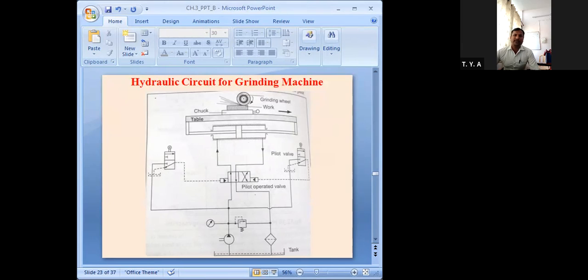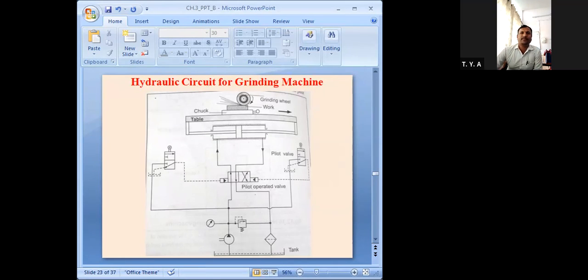Now this is connected to this 4x2 direction control valve. It is a pilot operated valve. The fluid which is coming from the pump will pass through the P port to A, and then from this A port it will go to this double acting cylinder, through which your table will move in the forward direction as well as the backward direction whenever it is required. Getting it?